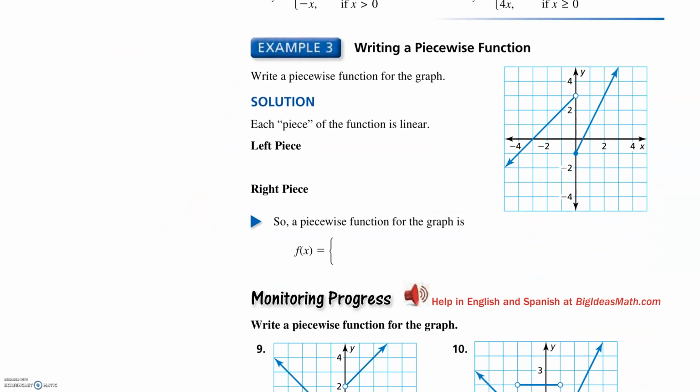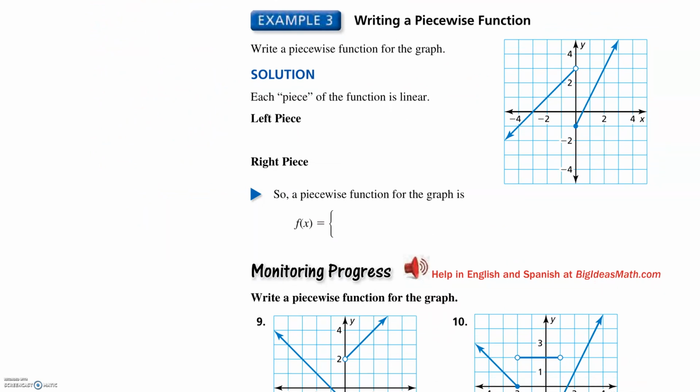We're going to go down to how do we write a piecewise function. So you do it with pieces, one at a time. So we're going to start with the left piece. We're looking for an equation for this graph over here. Write a definition of it. Okay, it's going to have two equations because it has two pieces. So the left piece, over here on the left, we'll start with it. So it's going to be y equals,